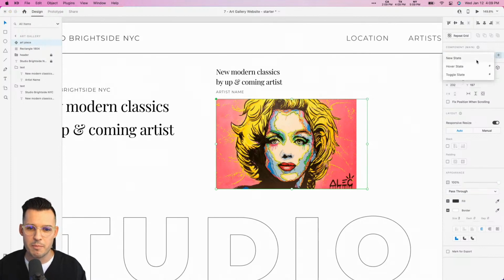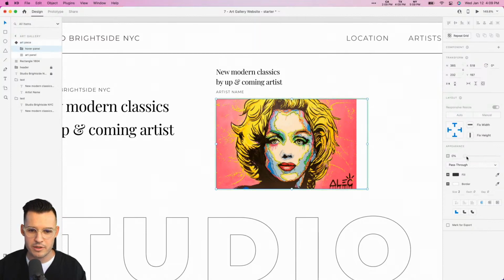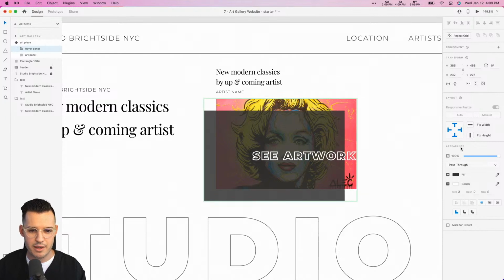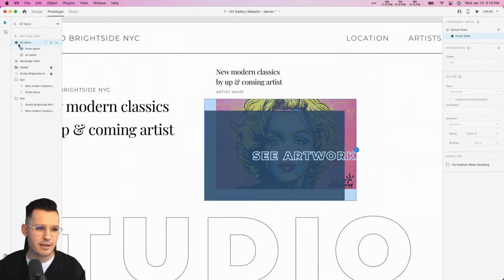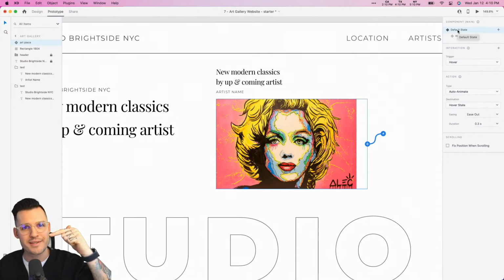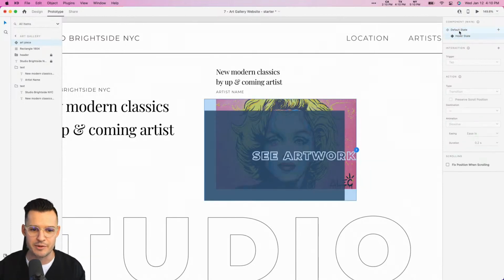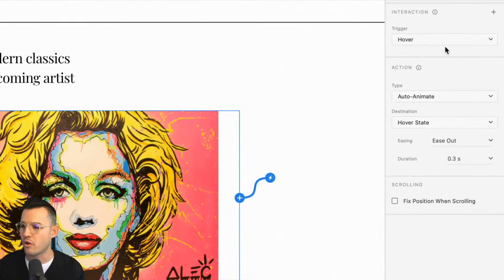Let's immediately create our component state. So it's going to be a hover state. Beautiful. I love that. We can go inside and grab our hover panel and bring the opacity of it up and bring it down like so. And then we can go to prototype, and you can see when you create something with a hover state, it immediately wires it up, but it only wires it up on one side, right? While hovering, do this. While not hovering, go back to where you came from, basically, right? See how it's wired up in one and not the other,